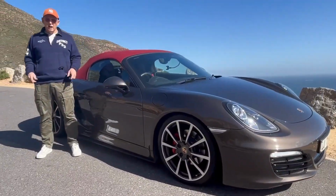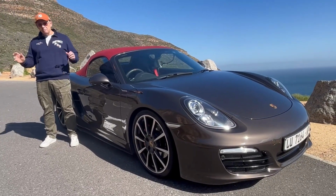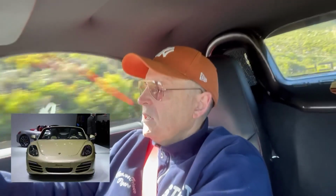Porsche Boxster 981, and today I'm going to share with you why this 981 was the best Boxster ever made. I have always been dubious about the Porsche Boxster, particularly the 986 and the 987, but when the launch of the 981 took place in Geneva in 2012, I reviewed all of the performance figures. I loved the design, the new shape, and I decided that I would investigate it further and take the plunge and purchase my first Boxster